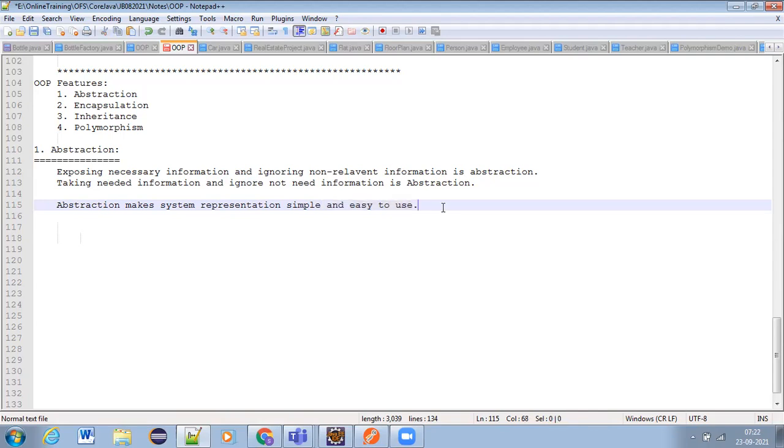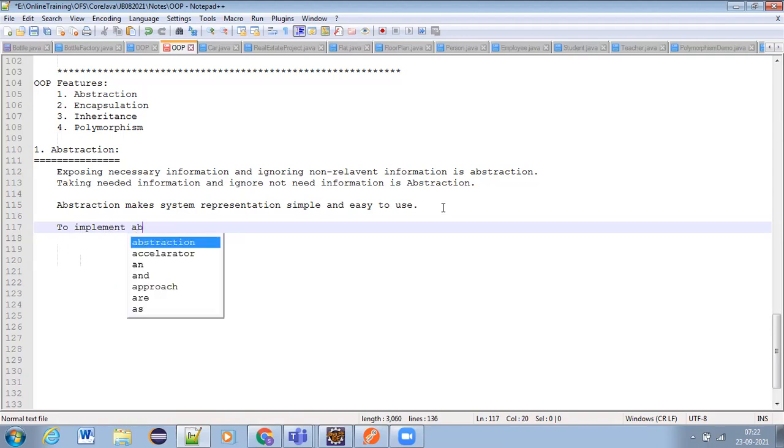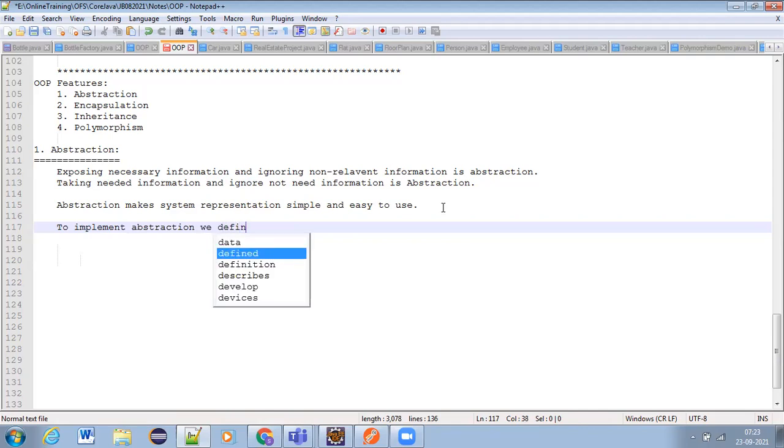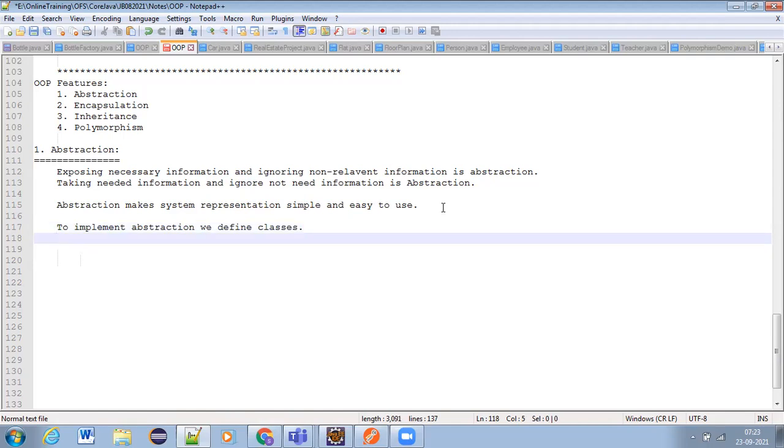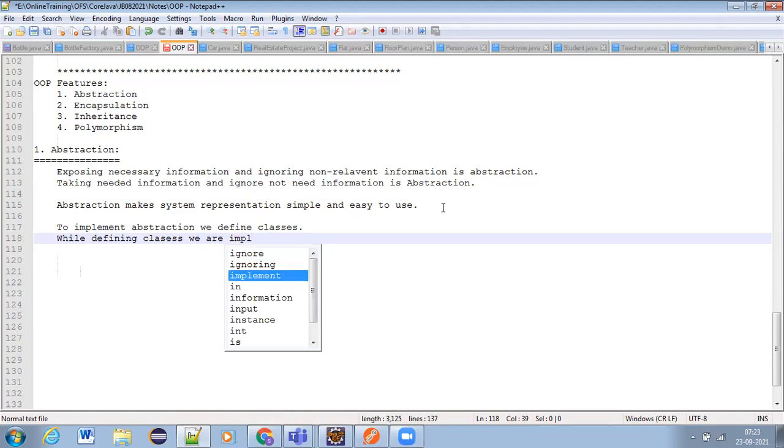Next, what else can we say about abstraction? To implement abstraction, we define classes. While defining classes, we are implementing abstraction.